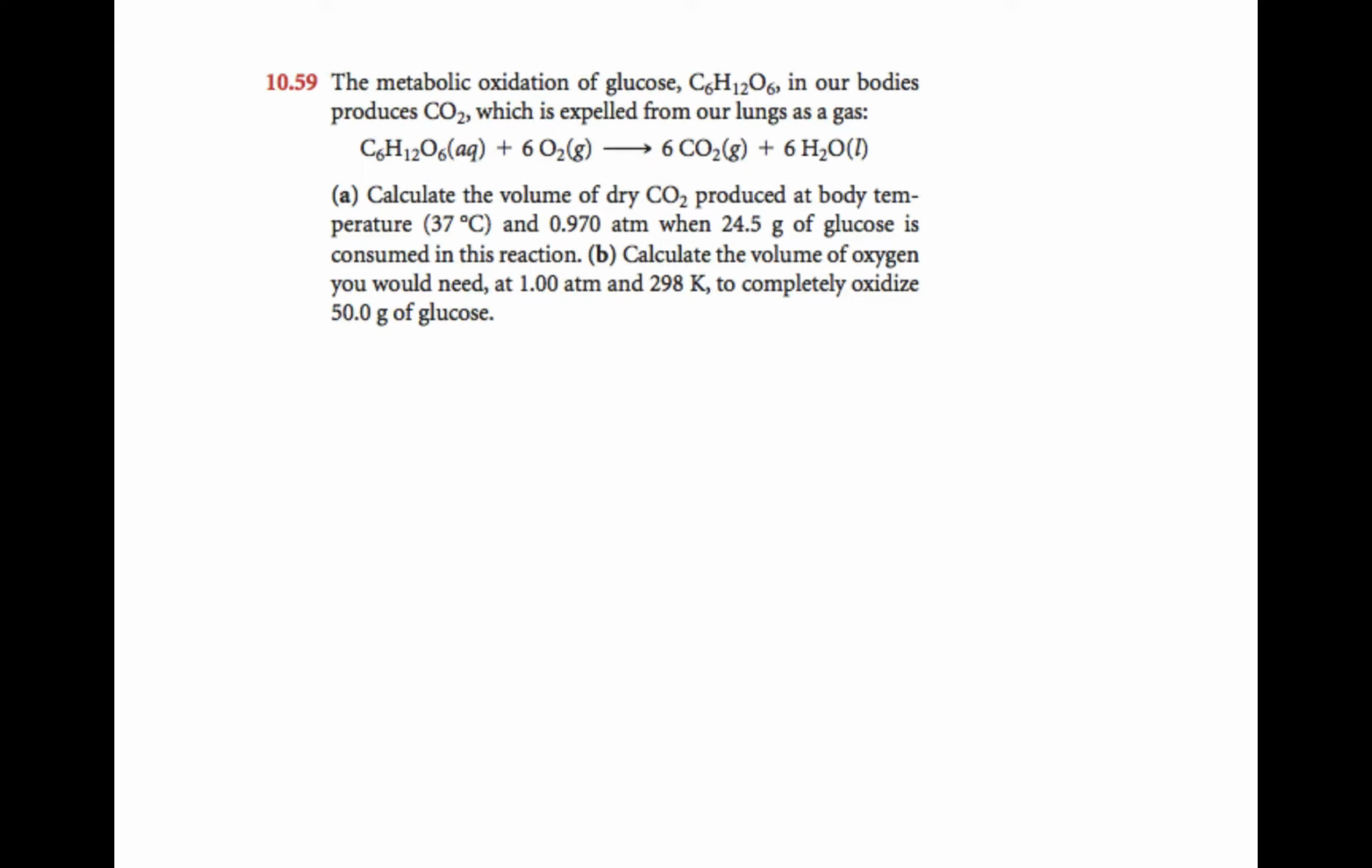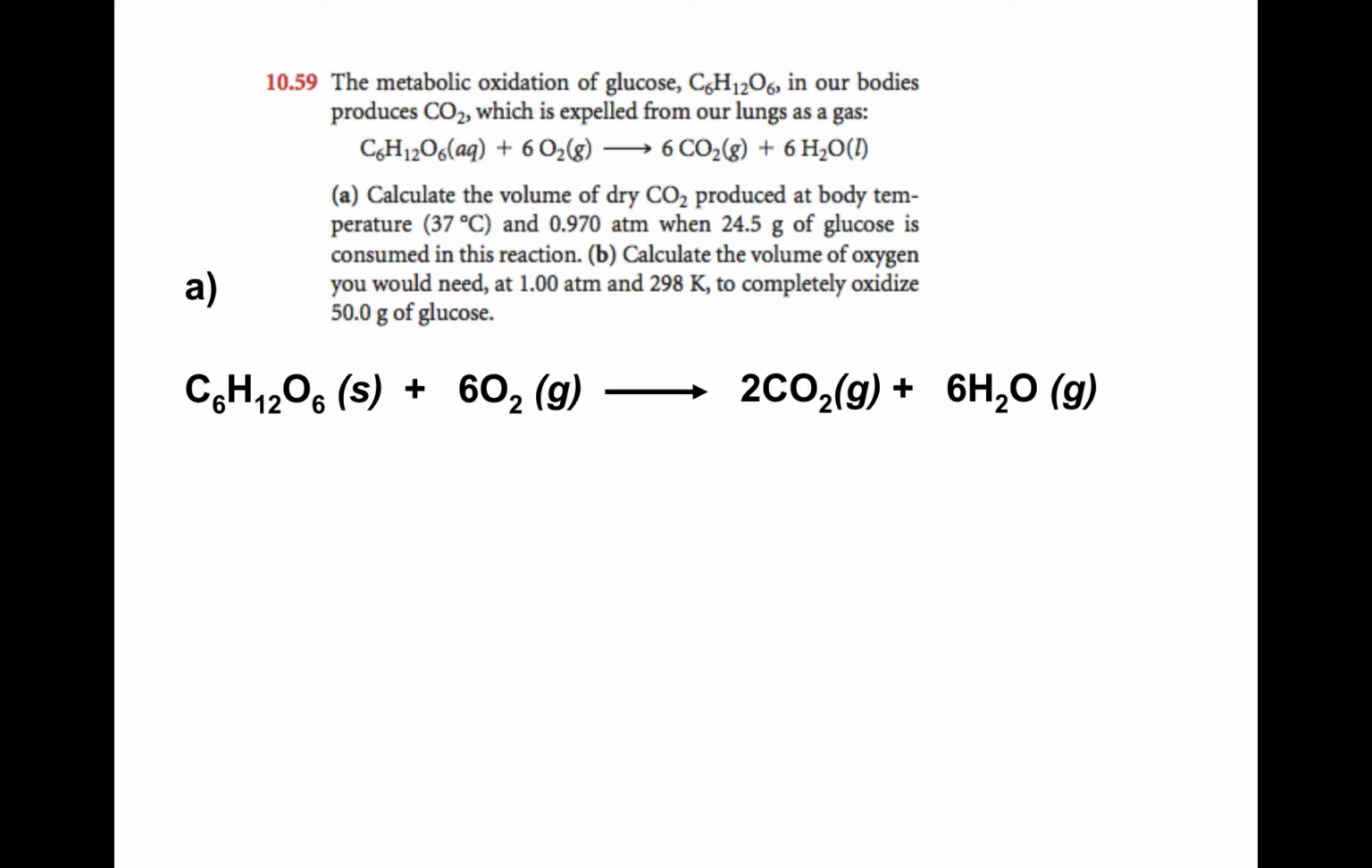The metabolic oxidation of glucose in our bodies produces carbon dioxide, which is expelled from our lungs as gas. Calculate the volume of dry CO2 produced at a body temperature of 37 degrees Celsius, 0.97 atmospheres, when 24.5 grams of glucose is consumed in this reaction. All right, so they've given us grams of glucose. They've given us the balanced equation. So it's just old-time stoichiometry, right? Except this time we want to stop with moles,